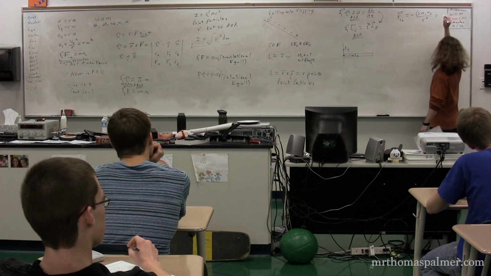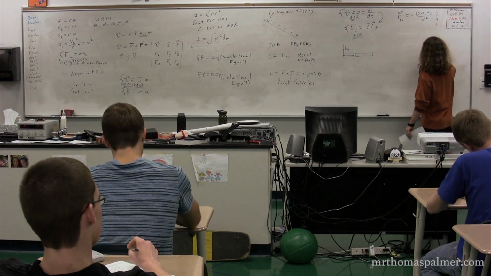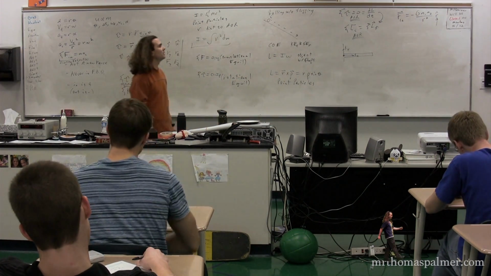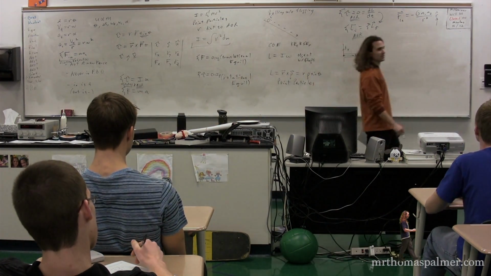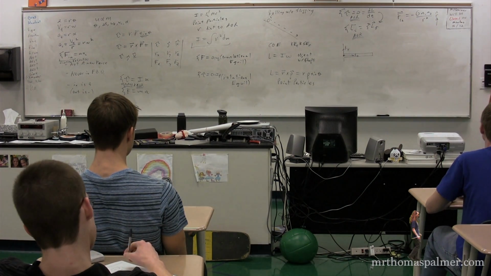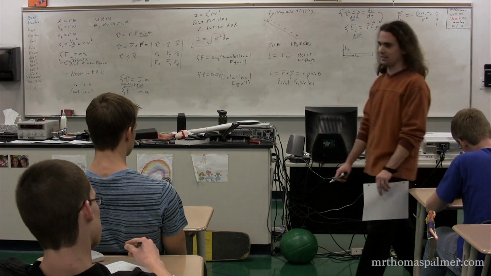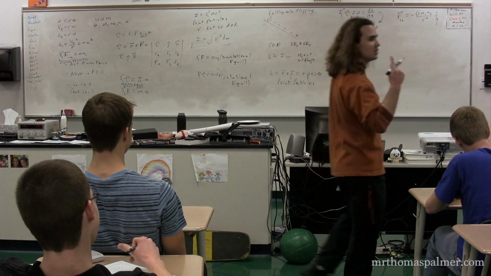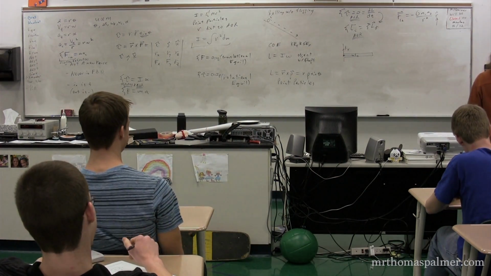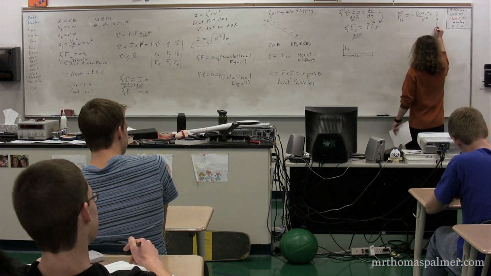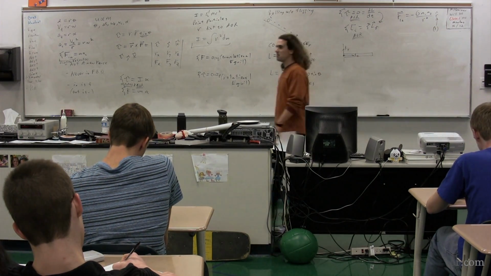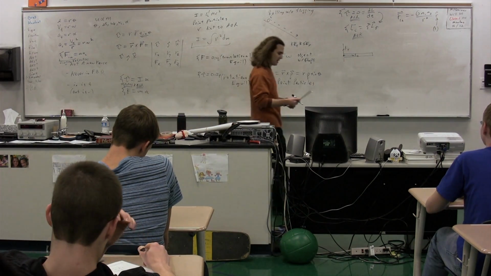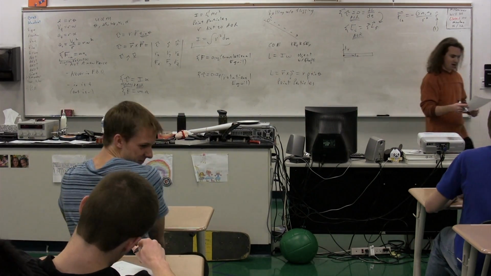Unit vector. Now, this was a point of confusion for some people on the test that you just took. So please be aware, this unit vector, by definition, always has a length of what? 1. By definition, it's a unit vector. That means it has a length of 1. I had several people on the test give all sorts of random answers for that. So please be aware it only has